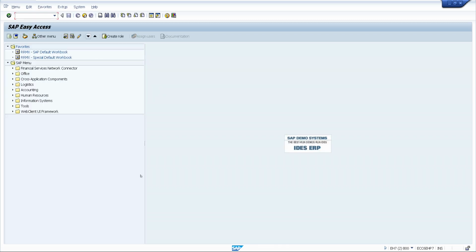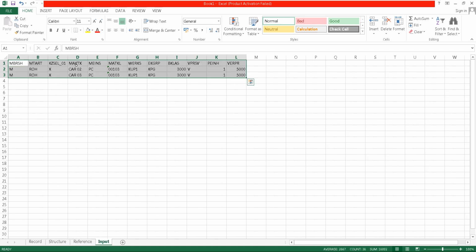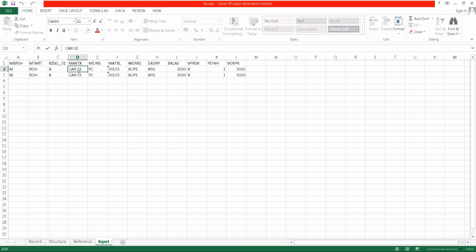For the same scenario, for example, we created multiple materials, we are going to use specific files. If, for example, we continue to create one more material, the only thing we need to change is the input. For example, I am using car 11 to car 15.